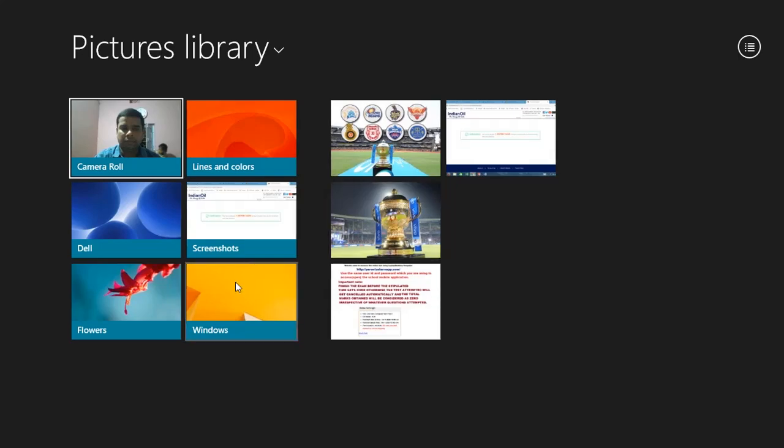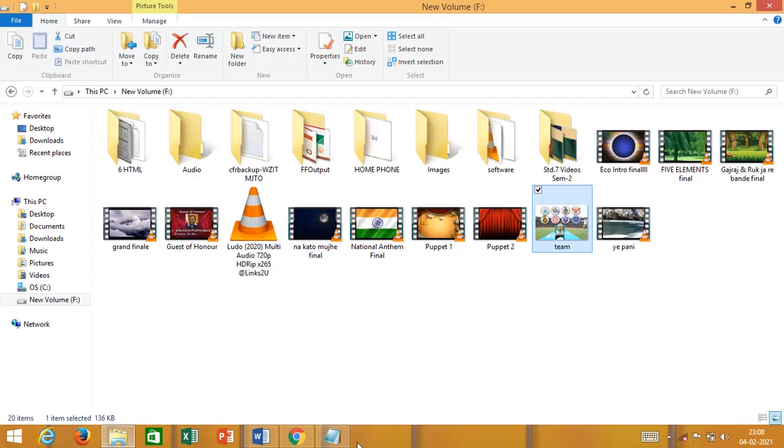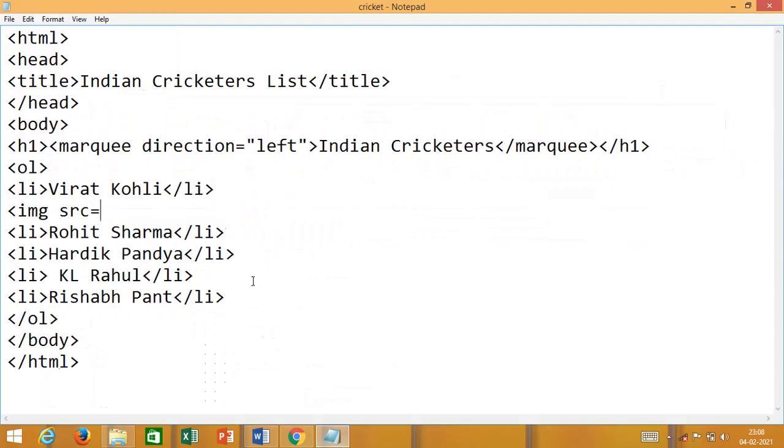Now let us see how this picture will come on the web page screen. So img src, as I said, where I have kept the picture, it is in the F drive. Then I will give the path. The name of the file was team, and it is a JPG file.